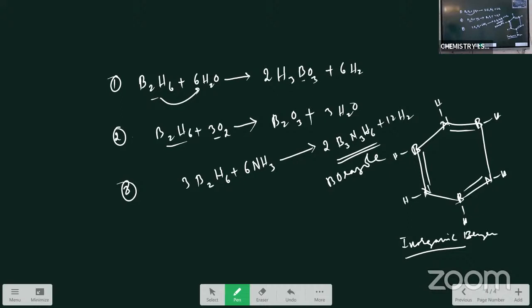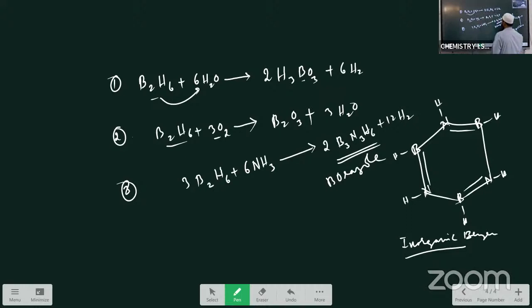So this is about the structure of borazole, it is an important VSAQ. ठीक है, तो ये डाइबोरेन के बारे में मैंने समझाया। डाइबोरेन के दो प्रिपरेशन मेथड्स I explained, then the structure of diborane I explained, after that I've written some chemical properties। Chemical properties अगर आए तो इसी में से आते बेटा, तीन chemical properties, that is reaction with water, reaction with air, reaction with ammonia लिखा। HCl से भी रिएक्शन है, Br2 से भी रिएक्शन है, वो ज्यादा नहीं पूछता, बस इतना काफी हो जाता।